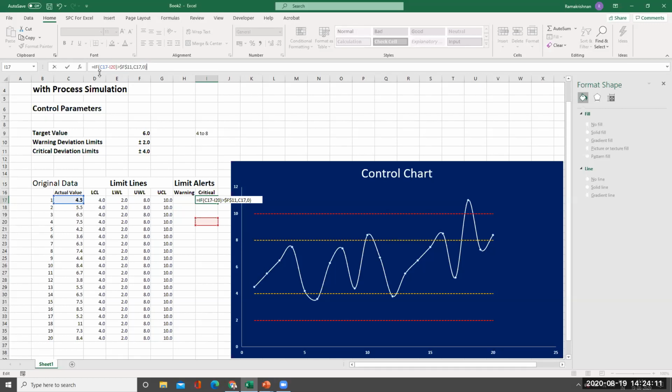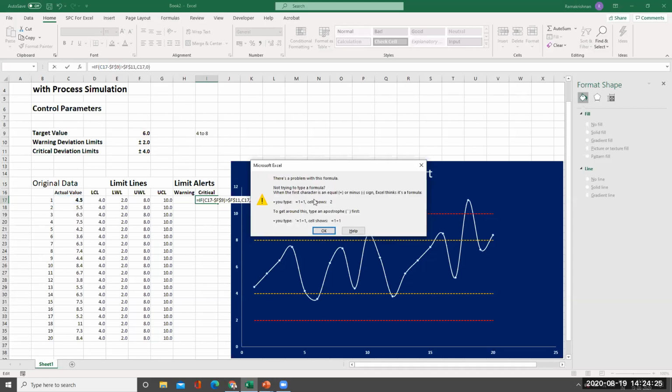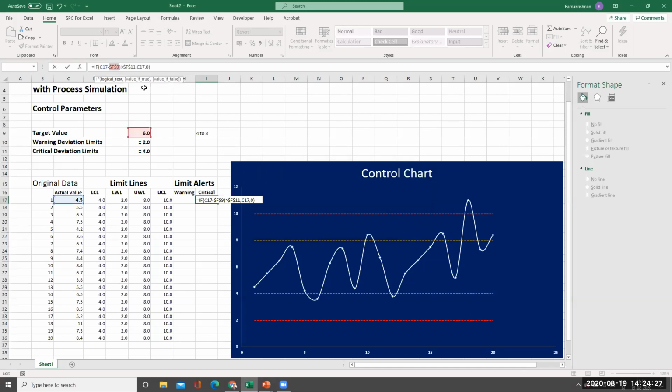If C17 minus F9, F9 I'll put here. Okay. I'll have to close the bracket.